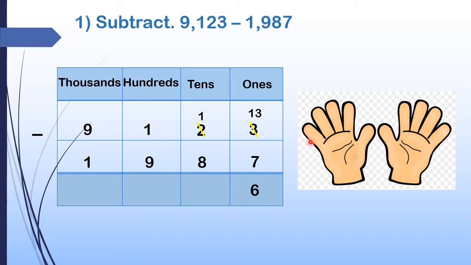So you have to take your fingers. Then you have to count after the smaller number. Here the smaller number is 7. So after that 8, 9, 10, 11, 12, 13. Till the biggest number you can count. After reaching that biggest number you can stop. So then you can count your fingers. So 1, 2, 3, 4, 5, 6. So 13 minus 7 is 6.